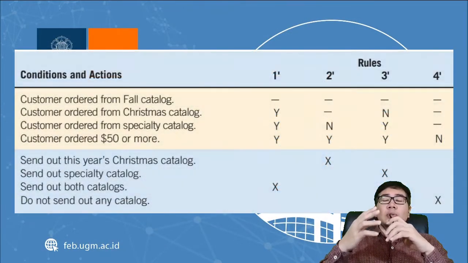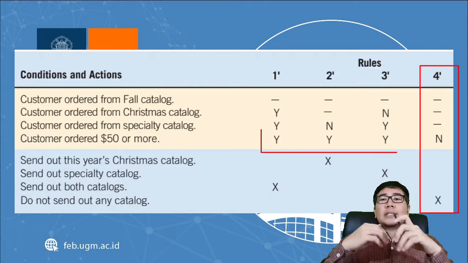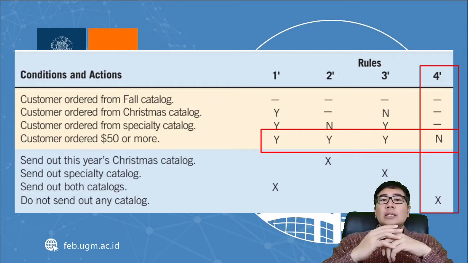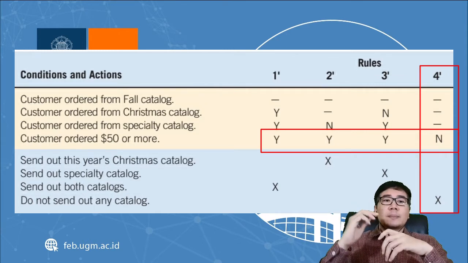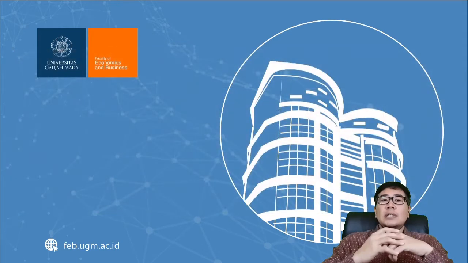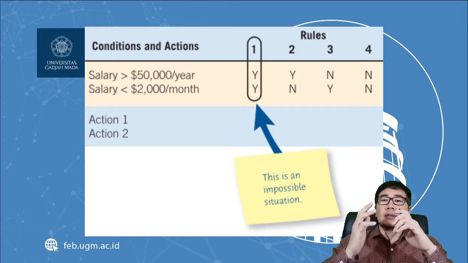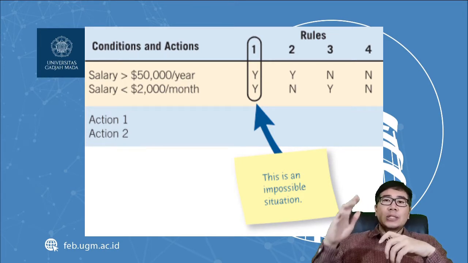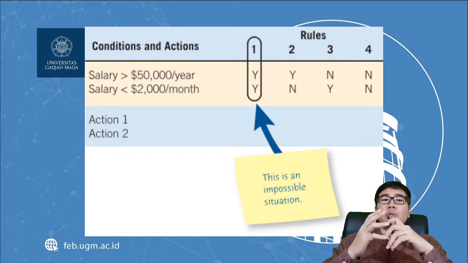A second situation arises when adding new rules in the form of new conditions and new actions. This will change the whole table because there is a possibility that the new conditions and actions will be fulfilled by the previous rules as seen in the figure here. A third situation is where a rule creates logically impossible conditions, as shown in the figure. It is impossible that the conditions for salary above $50,000 per year and below $2,000 per month or $24,000 per